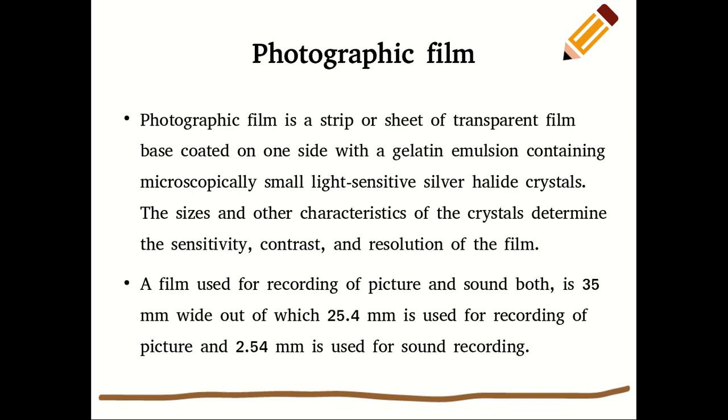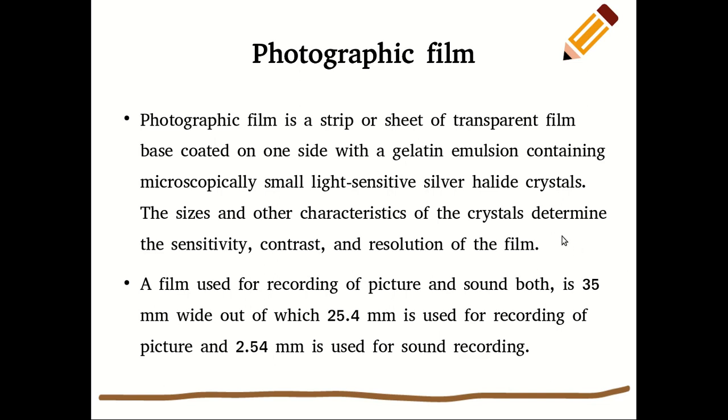Next to the magnetic tape, let us come to the point of photographic film. We have seen this photographic film many times in older cameras also. There were some reels, what we called reels, where negatives would be developed in order to obtain the photos. So we are speaking about that photographic film. A photographic film is used, as I have said, to store the photos, but it is again used for storing the videos also, like picture and the corresponding sound.